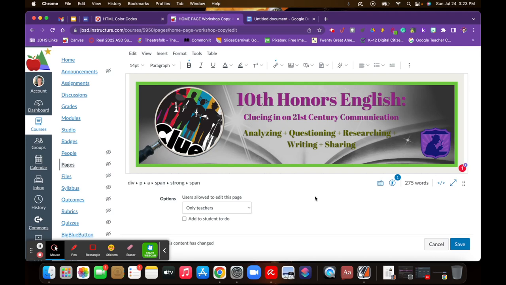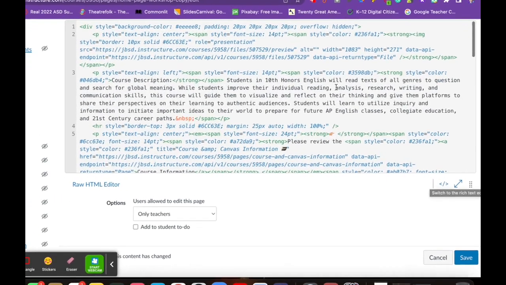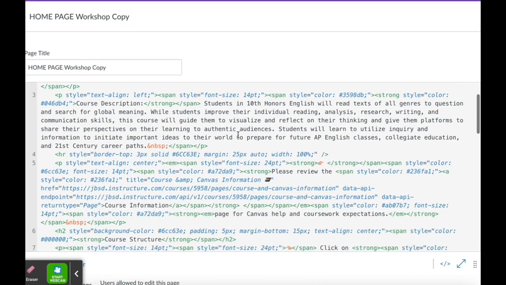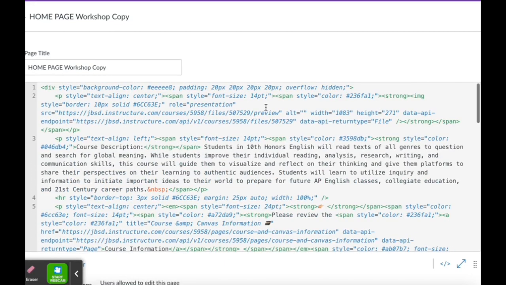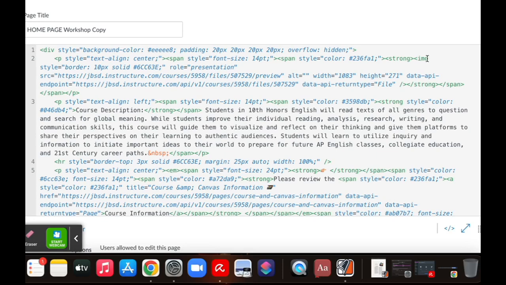The other image that we have to change is our header image. So we're going to come over here and again, click on the HTML editor. This time we're looking at the very top for image again. There it is. Sometimes it's hard to see. Once you found image, again, you are going to highlight